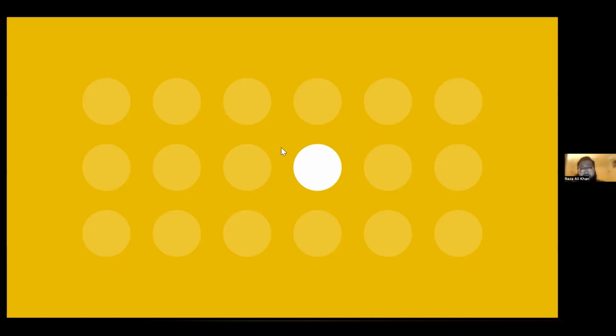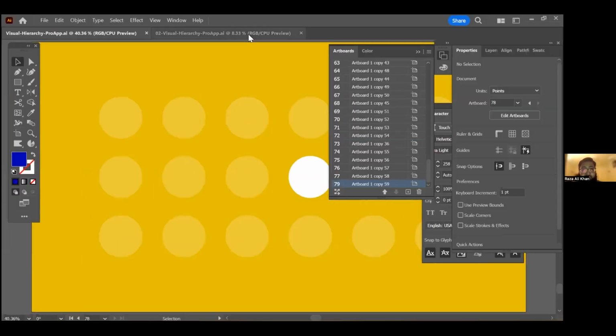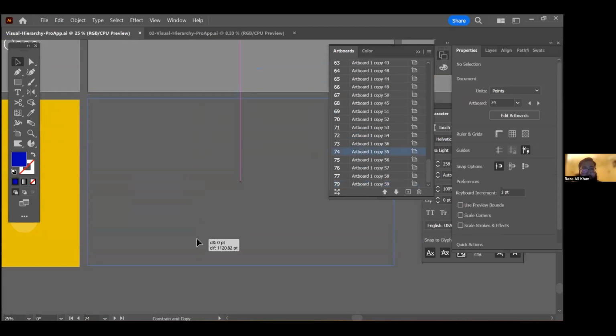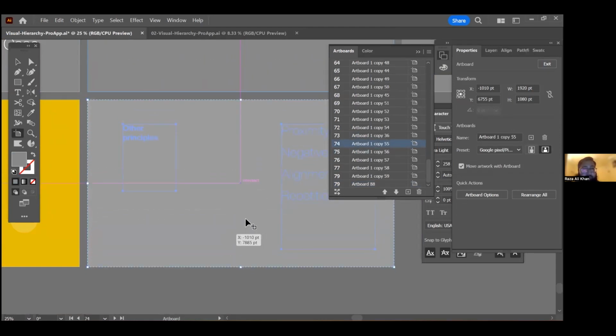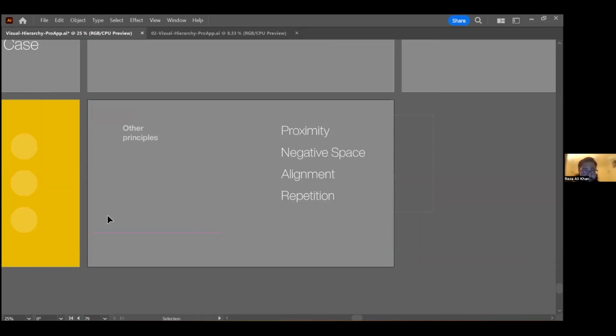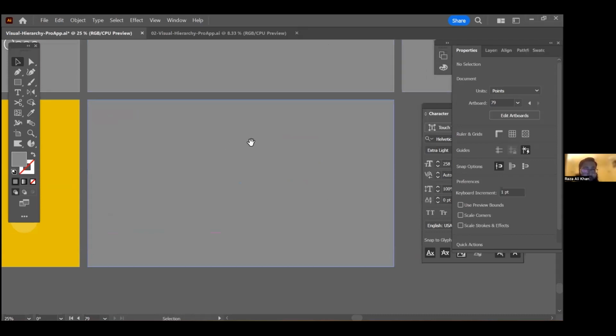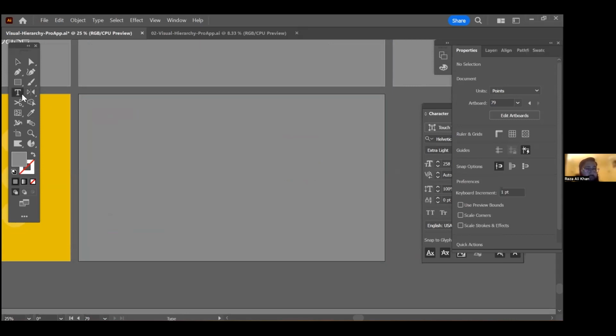No, not exactly. Like I've mentioned, weight is not restricted to just type. It could be applied on elements. For example, if I show you here, by the way, this is Illustrator, but it doesn't matter what software you're using, because visual hierarchy could be created on a piece of paper and in a presentation through PowerPoint, Keynote, Google Slides, or whatever software you're using. It's all about the concept, not the software. Software is just a tool to help you